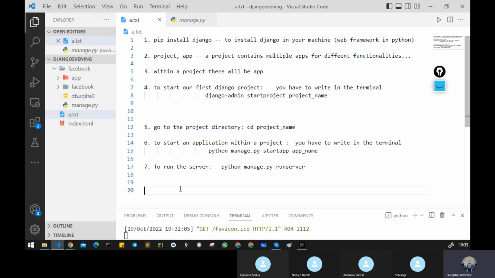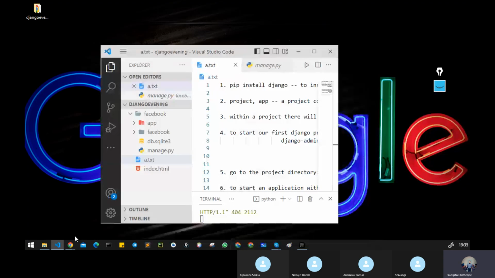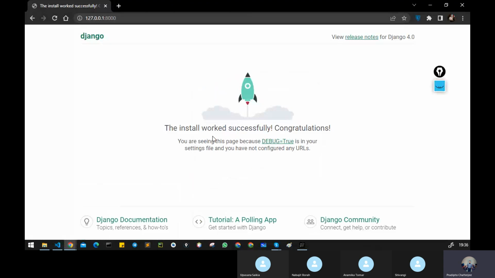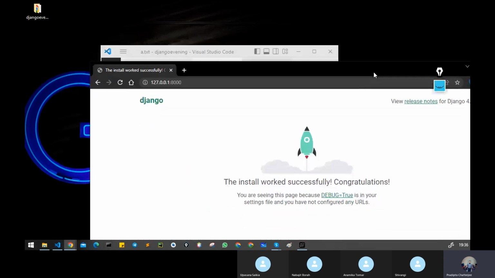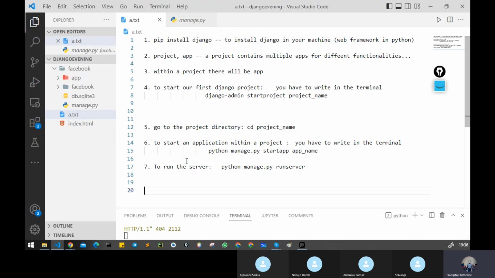Now, after running this one, what you have to do is, we don't want this application, right? What is the application that we have right now? The application that we have here is this one, but we don't want this one, right? We want our own application. This is Django's basic application. So we have to clear this one and we have to write our own code. So for that purpose,